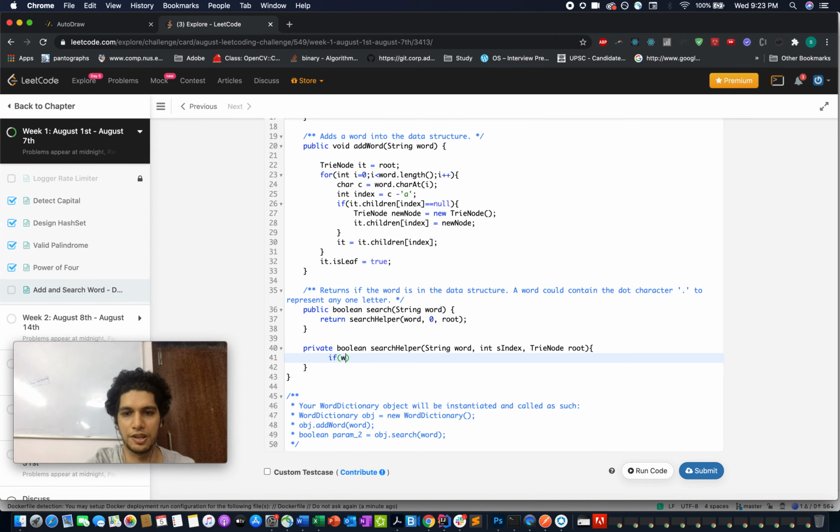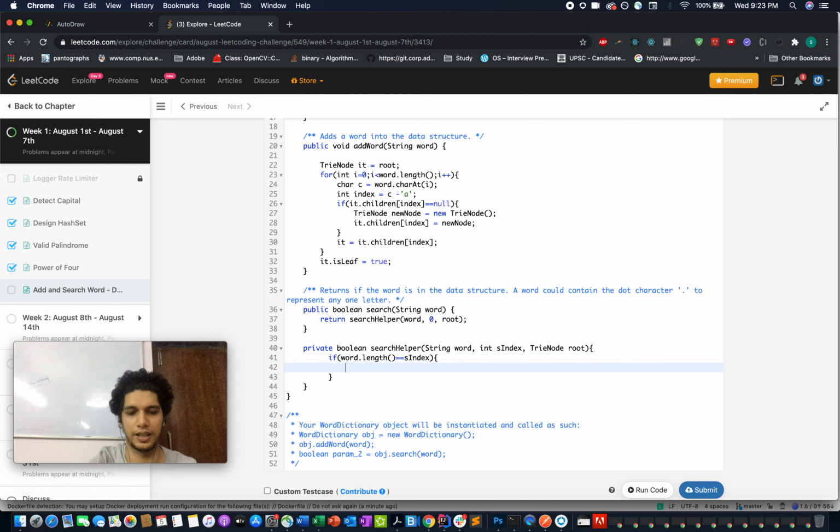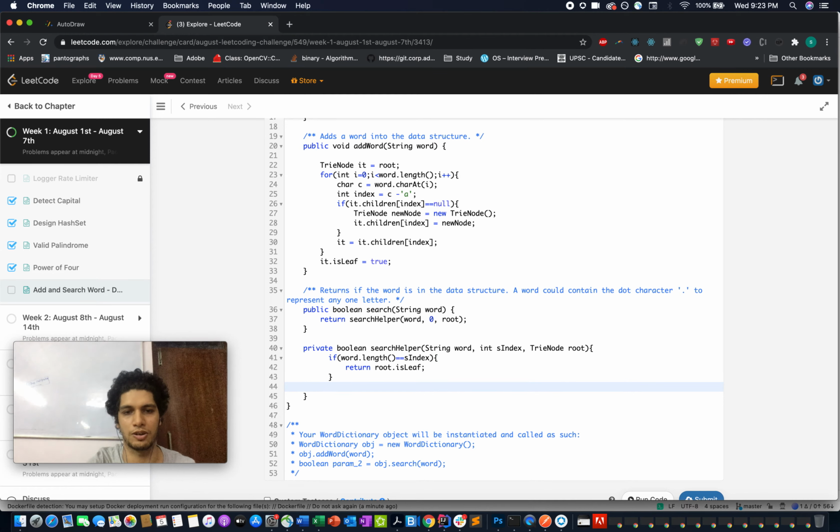So first of all we'll check whether the word dot length is equal to sIndex. If it is, then we will return root dot isLeaf, because that signifies whether it was actually a terminal word in our trie data structure or not.